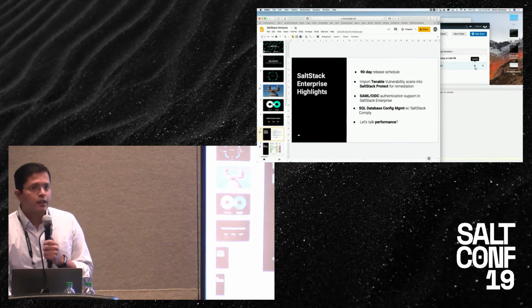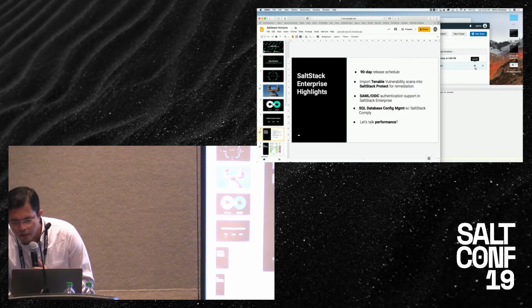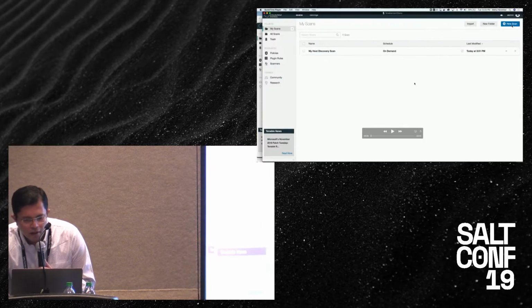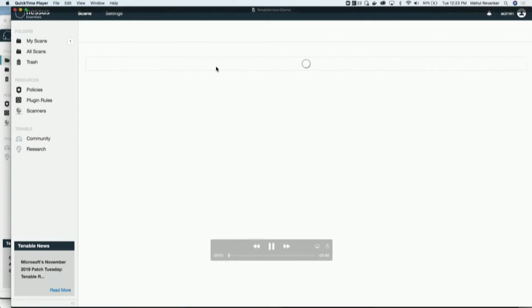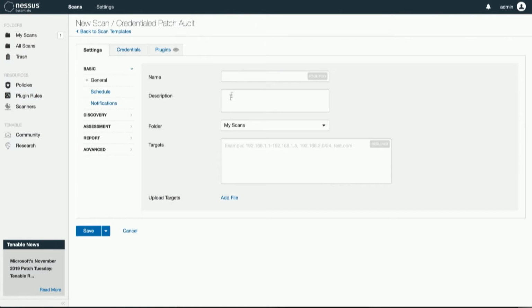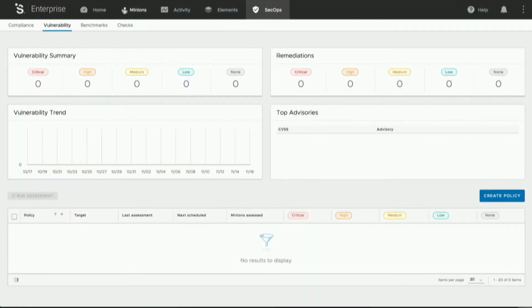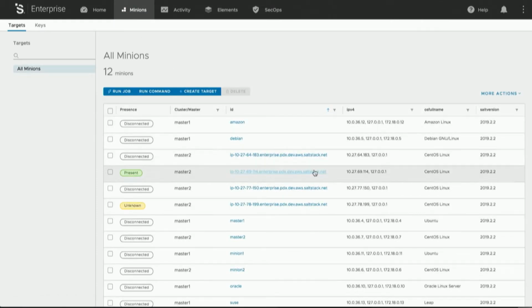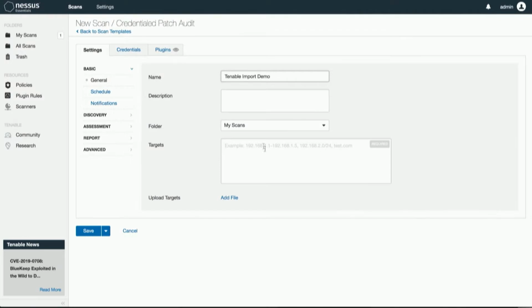So let's run the demo. In the interest of time, I recorded this demo before the session. So I'll start off with this. So I started off with Tenable here. So this is the Tenable product. You would typically come in and create a scan. So let's create a scan here. Let's select an IP address that you want to manage. So for example, maybe you're scanning your CentOS system. So in this case, the CentOS system is, I believe this one. So let's copy that IP address into Tenable and run a scan.